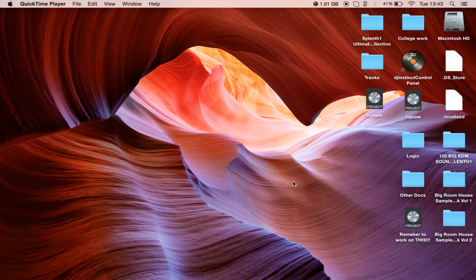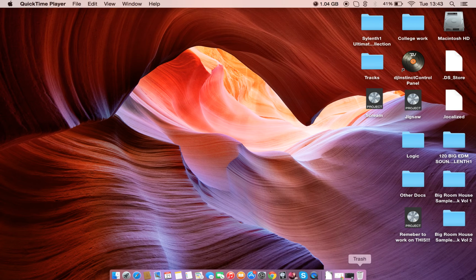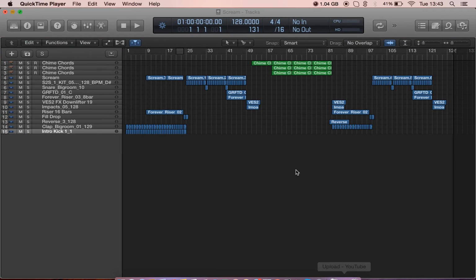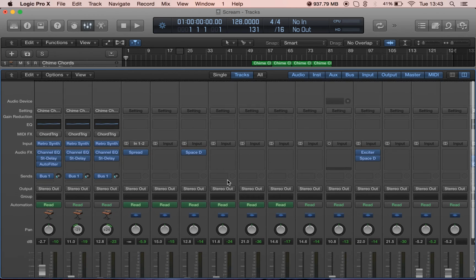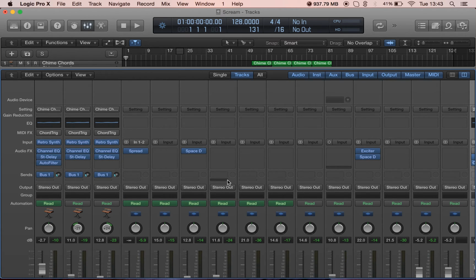So today I'm going to be looking at more or less why people use parallel compression. Opening one of my projects, when I look into it, I realize that I haven't used any parallel compression at all. Now, since I'm designing EDM, parallel compression is quite a useful thing because it allows your track to have the